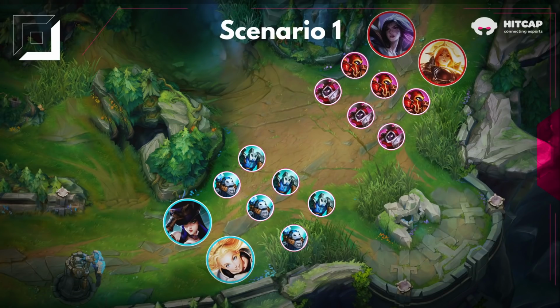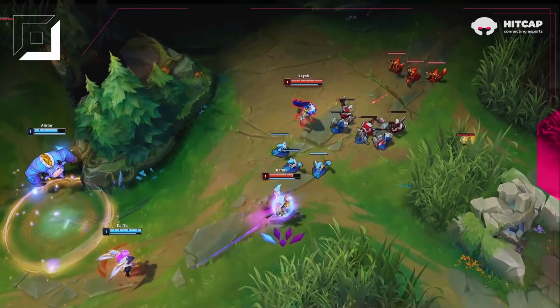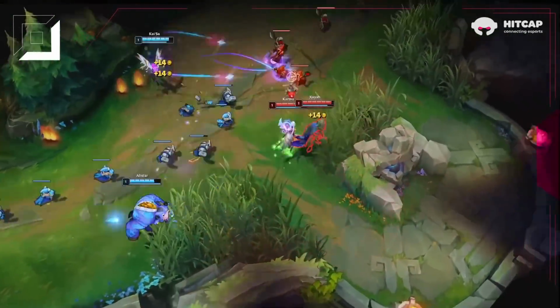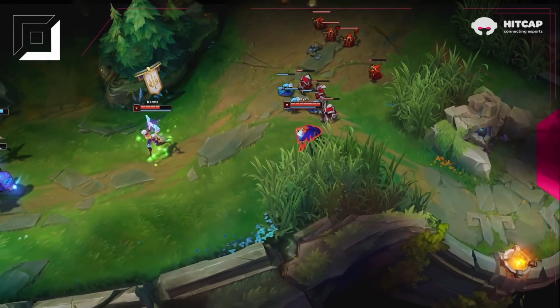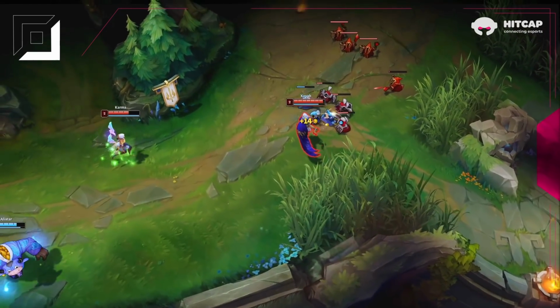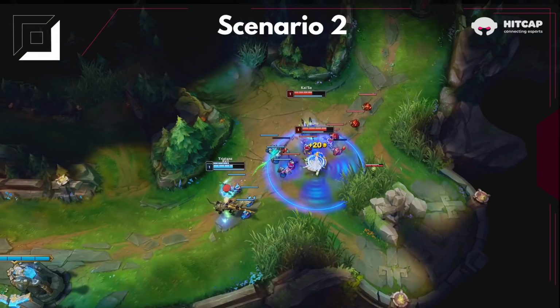For scenario 1, nothing special happens here, if you are able to be in position on time. One thing you should try to do is land 1 auto attack on the wave, so you are able to secure level 2, and then simply try to match the push by attacking the wave the same time the enemy attacks it. For scenario 2, aka the cheetah recall, you want to be able to get the level advantage on